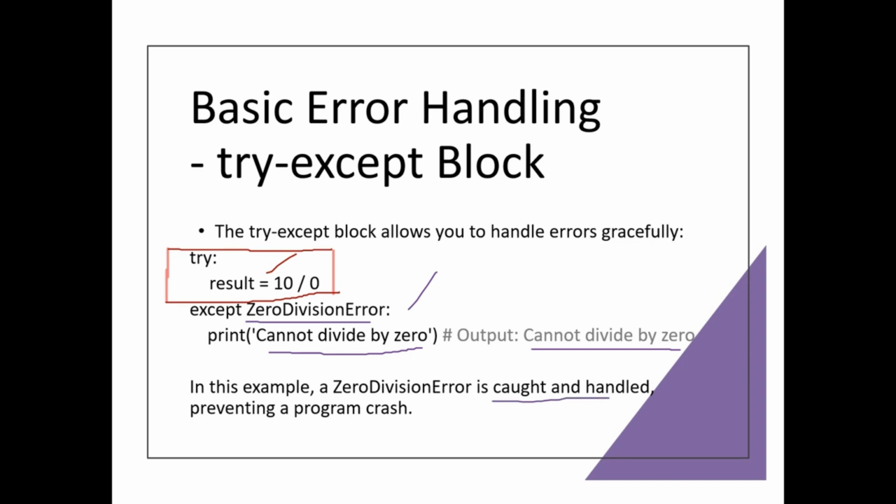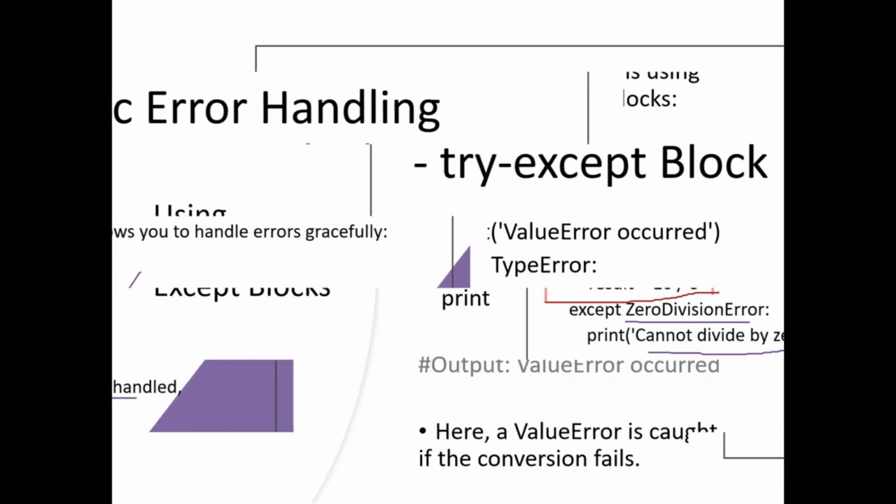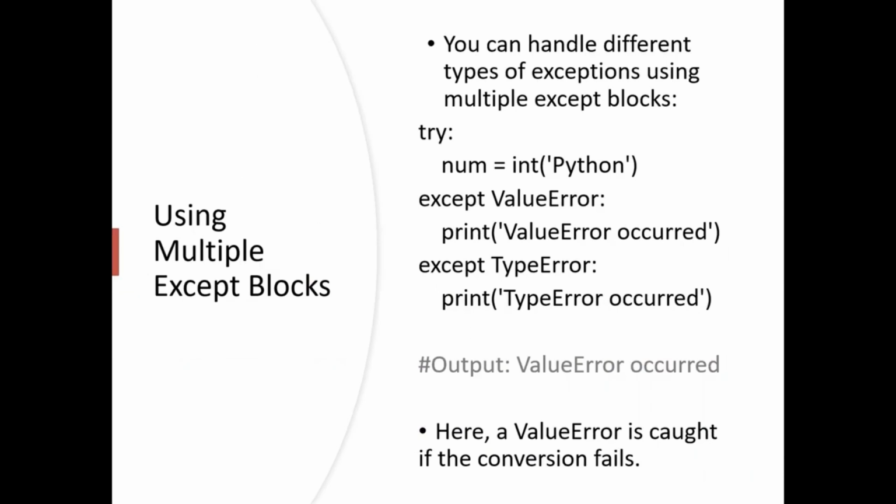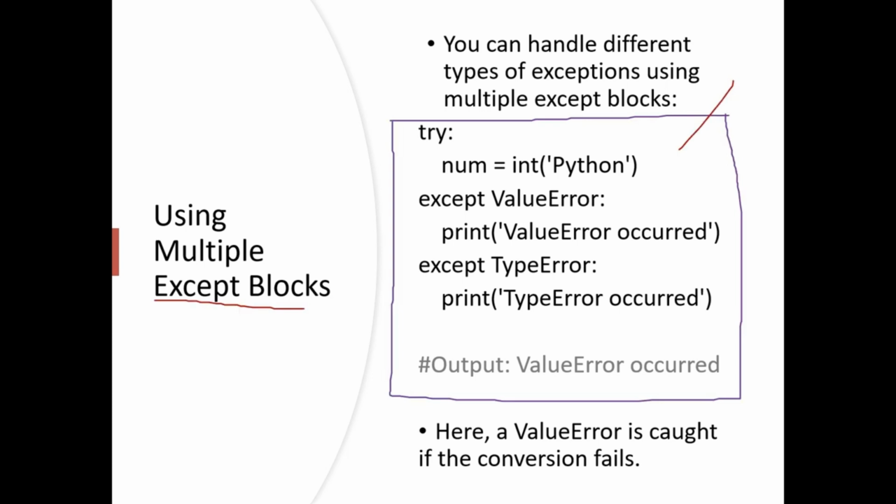While a single except block works well for one type of error, in many cases we need to handle multiple specific errors. Python allows us to do this with multiple except blocks. Here is how. You can handle different types of exceptions using multiple except blocks. This example handles two types of exceptions: value error, which occurs when a function receives an argument of the correct type but an inappropriate value, and the next exception is type error, which occurs when we perform operations on incompatible